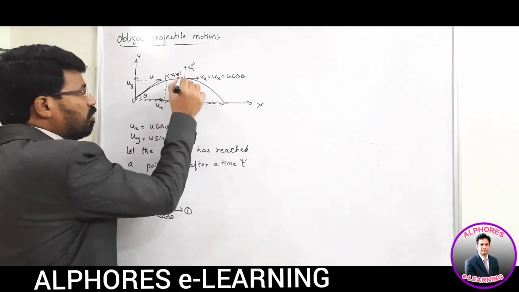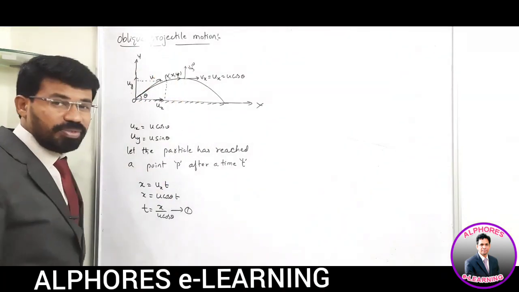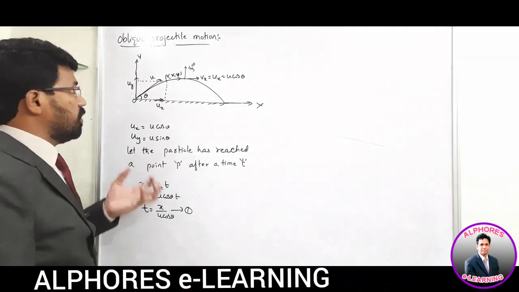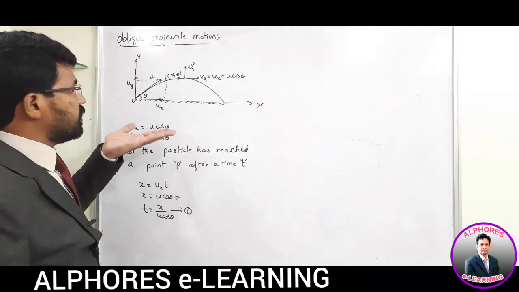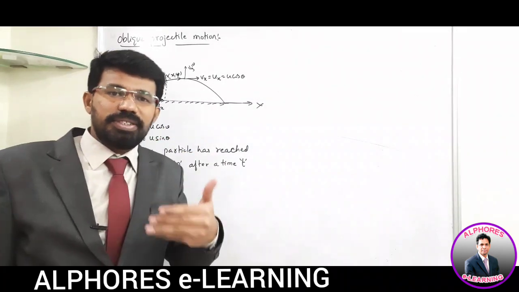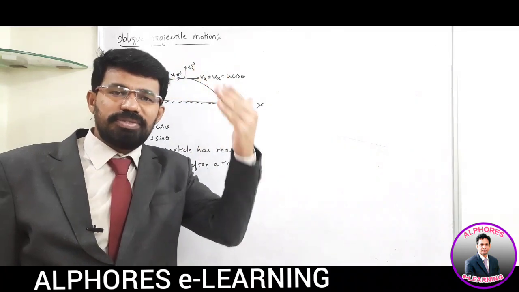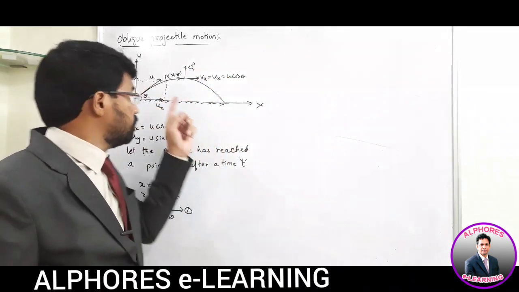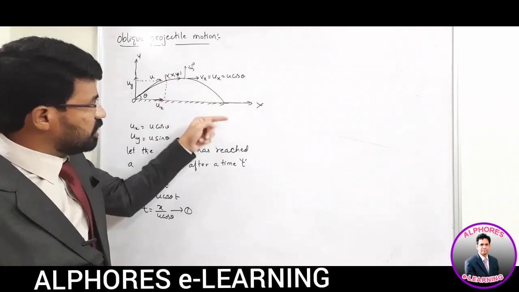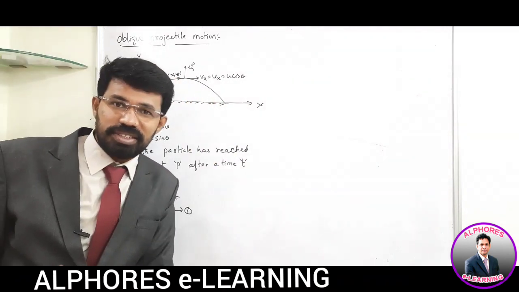So at the maximum height or at the top of the trajectory, the vertical component of velocity becomes 0 because, when the body is going in the upward direction, we all know that because of force of gravity, its velocity decreases, and at maximum height, its velocity becomes 0. And from then, it falls down. It falls down like this. So when it is coming down, again its velocity increases.